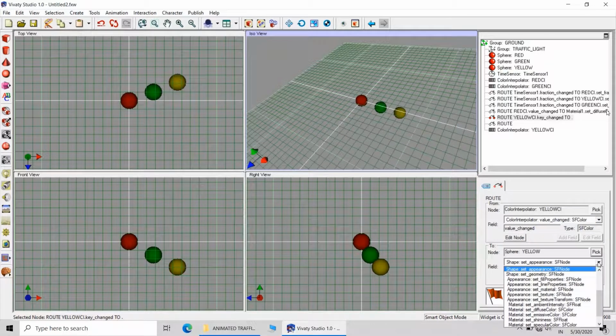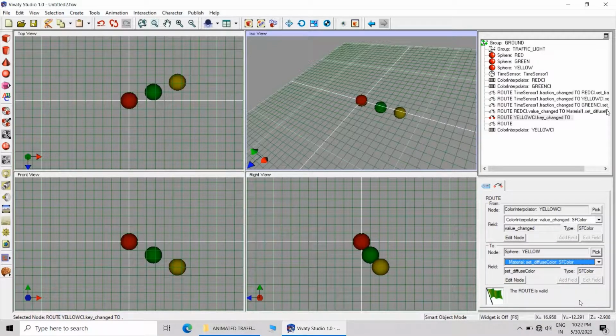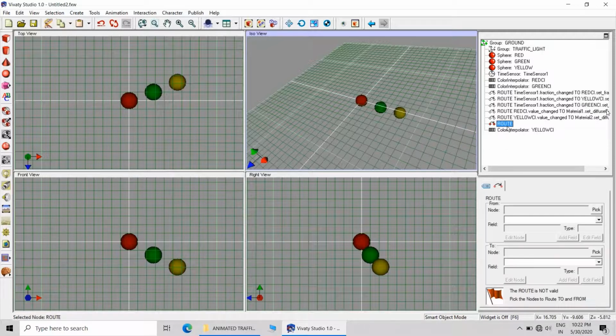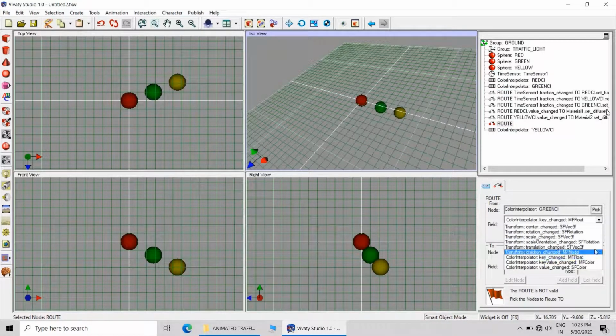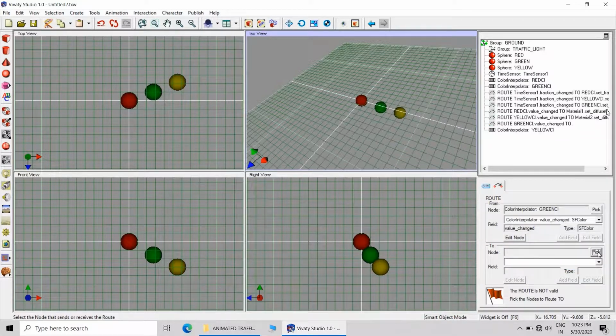Key value change to SF color. Set diffuse color to SF color. Now the last route will be from green color interpolator to green sphere.